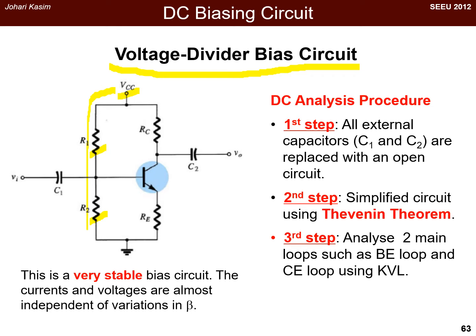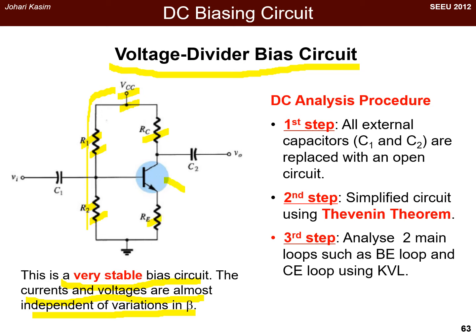This circuit is a very stable biasing circuit because the current ICQ and voltage VCEQ are almost independent of the variation in beta. That means if the temperature is increased, the Q point, that is current ICQ and voltage VCEQ, are almost the same. First, the voltage VCC, resistor R1, resistor R2, resistor RC, and resistor RE will determine the Q